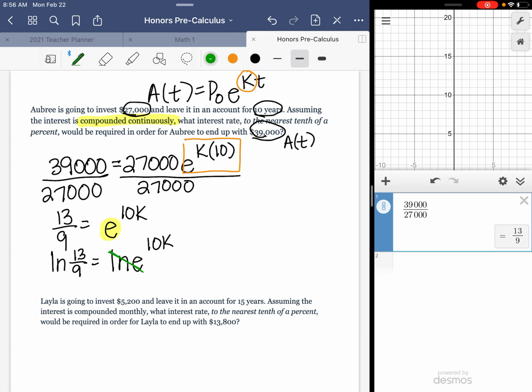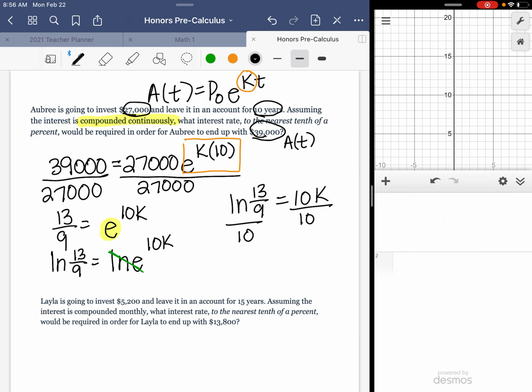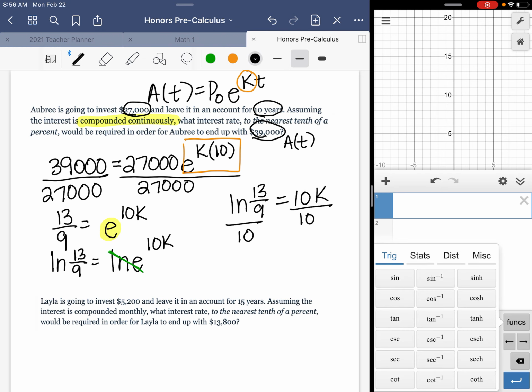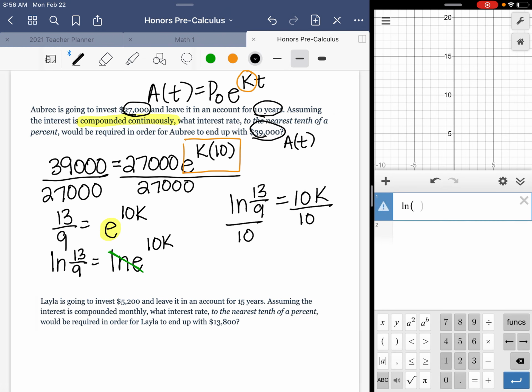Those are going to cancel each other. And so that leaves me with the ln of 13 over 9 equals 10k. And then I'm just going to divide by 10. Now, when I do this, I'm going to get a decimal value. So we have the natural logarithm of 13 over 9, and that whole thing is being divided by 10. So k is approximately